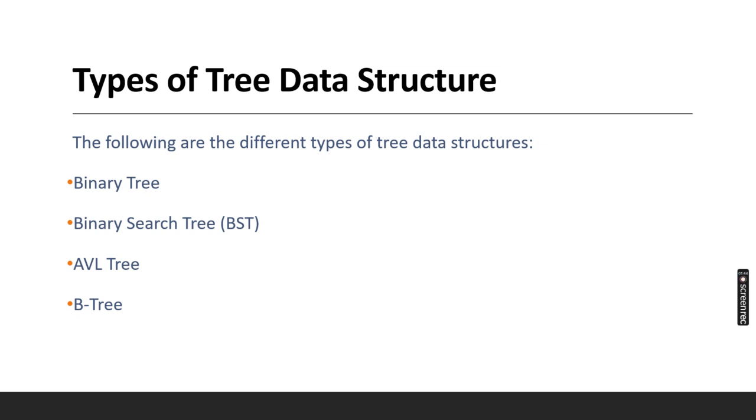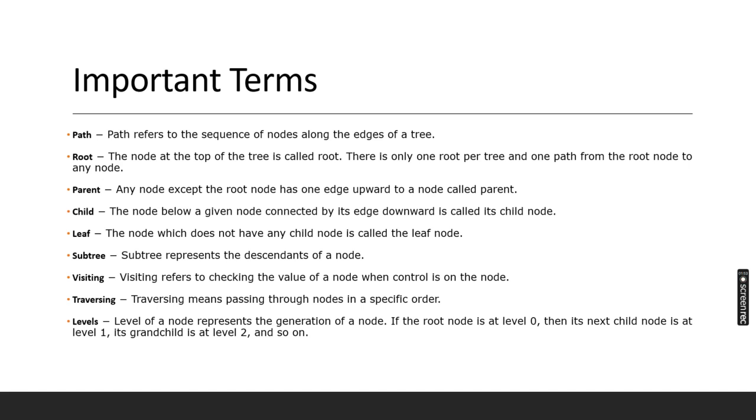Types of tree data structure. There are different types of tree data structure, that are binary tree, binary search tree, AVL tree, and B tree. Some important terminologies here in the tree